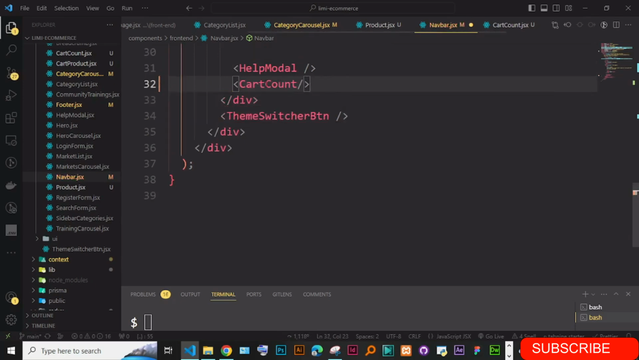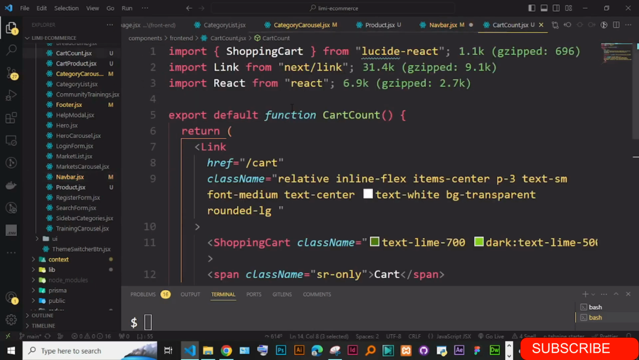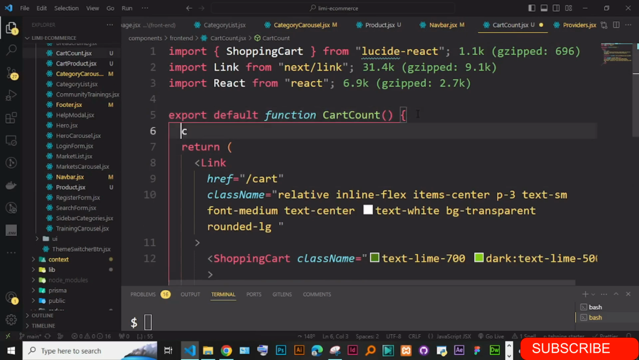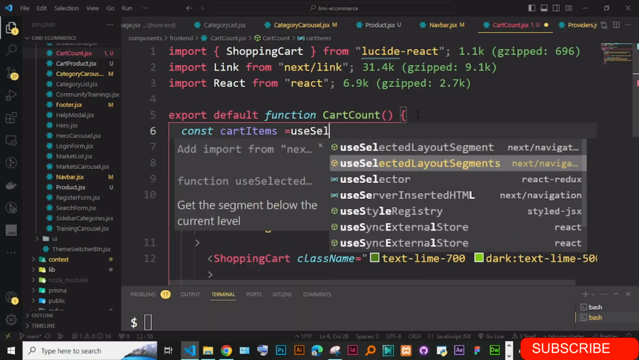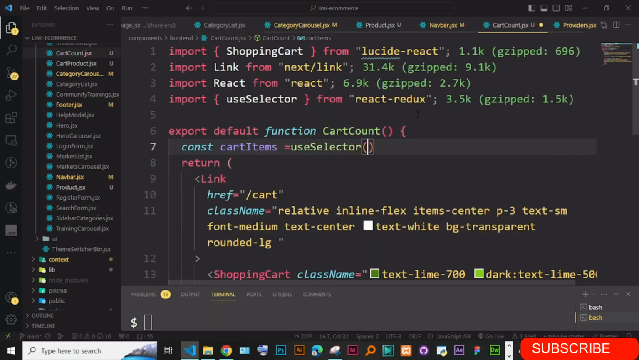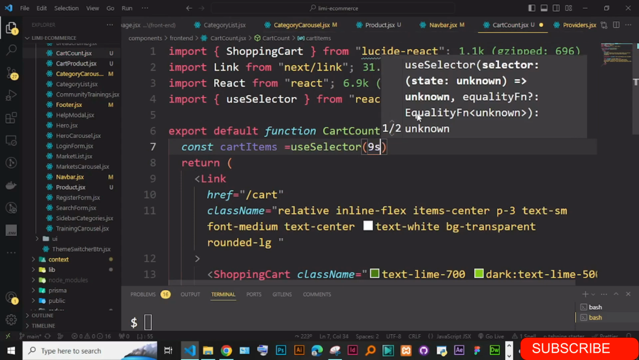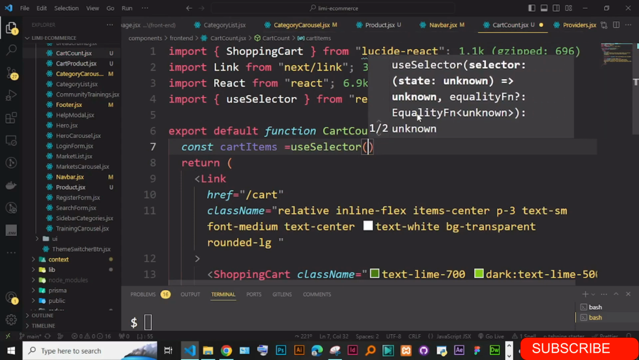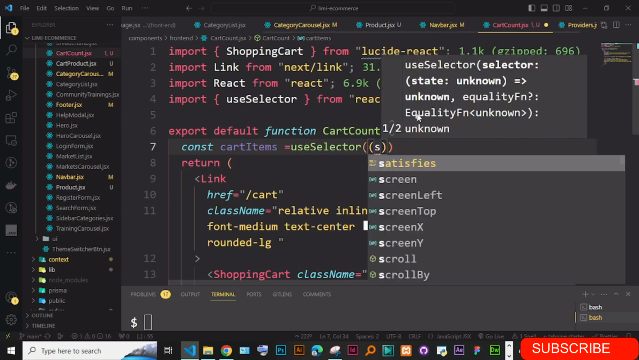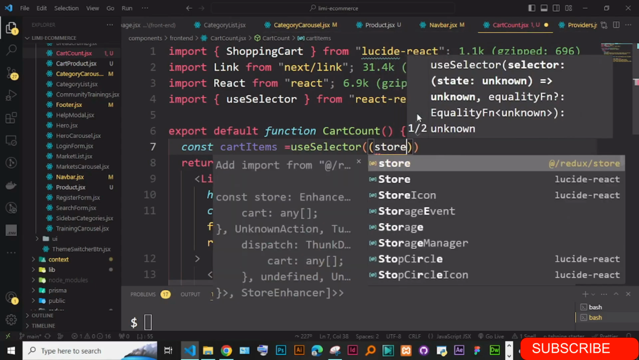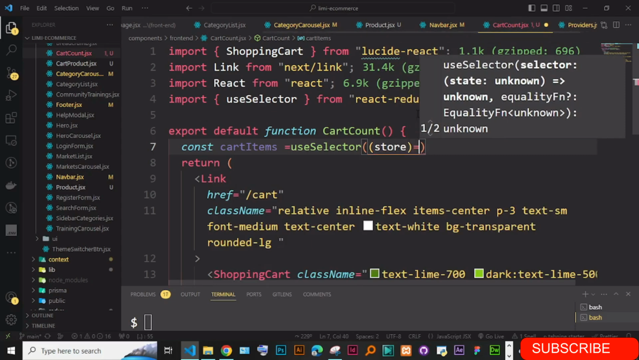Okay, and let's go back to the cart count, and we just have to get the cart items. So const cartItems is equal to, so use the useSelector hook. This is how you get the data. Use the useSelector hook from React Redux, and then you can pass in here. You will have access to this store, and on this store, okay, you have to access